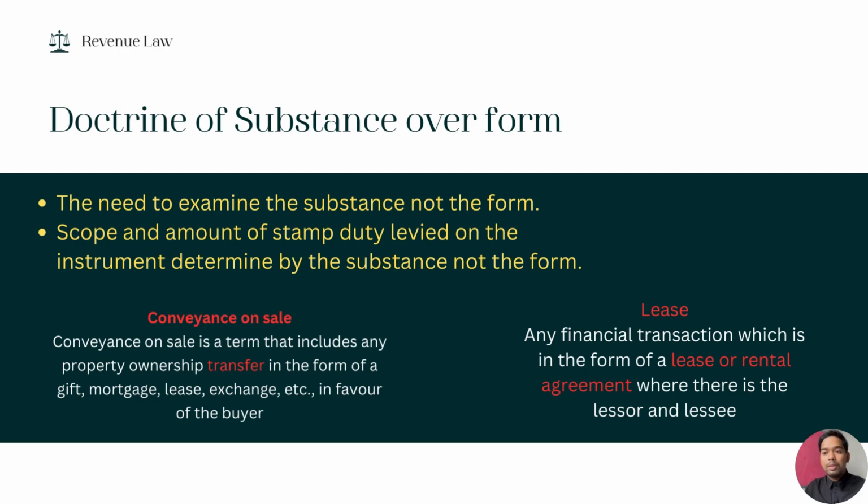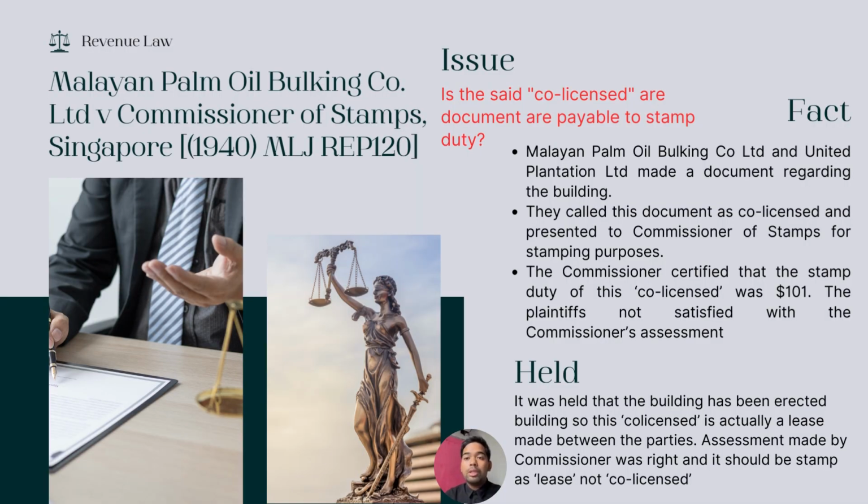So the most common example for this doctrine of substance over form is conveyance on sales and leases. Conveyance on sale is a term that includes any property ownership transfer in the form of a gift, mortgage, lease, exchange, etc. in favor of the buyer. A lease is any financial transaction in the form of a lease or rental agreement where there is a lessor and lessee. Okay. So by referring to the case Malayan Palm Oil Bulking Company versus Commissioner of Stamps Singapore,